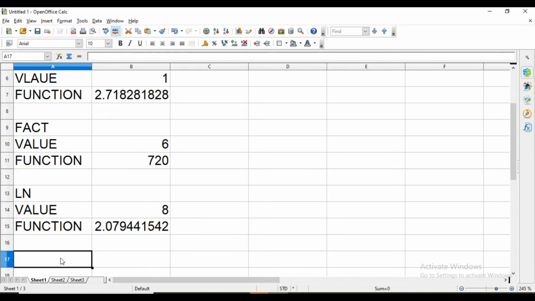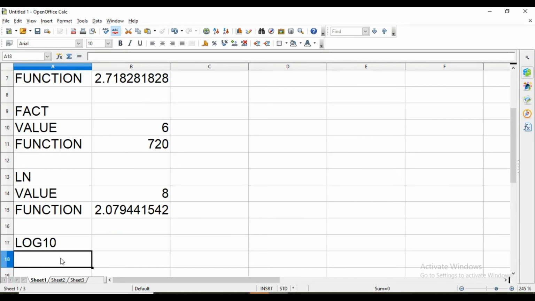Now logarithm with base of 10. For that the function is LOG10. So log tables I think you might have used. That log table, the logarithmic value we find through that book, we can find it here using this function.